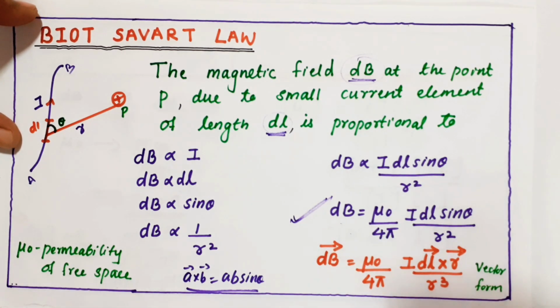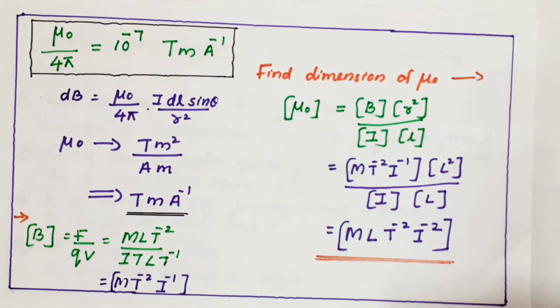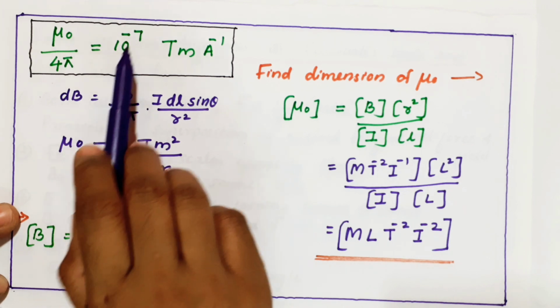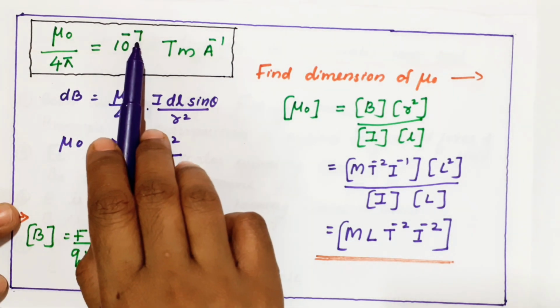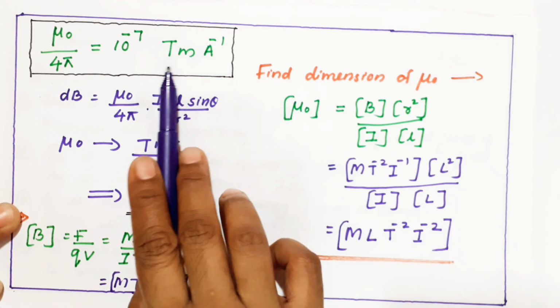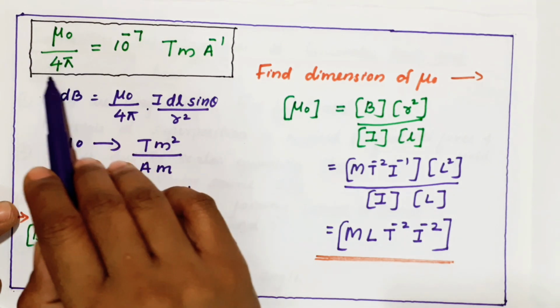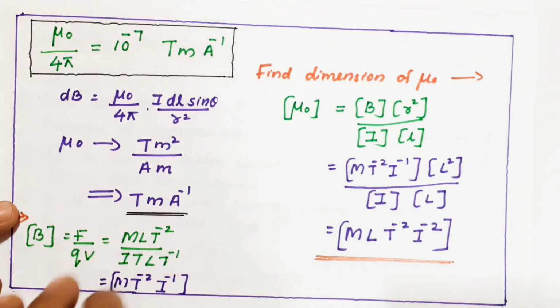Another one is how to write the vector form, multiplying r in both numerator and denominator. So the numerator you can write dl cross r, because a cross b is ab sin theta n cap. Okay, here also if you want, you can put a vector symbol. Now next thing, mu naught by 4 pi is a constant, and the value of the constant is 10 power minus 7, and the unit I have written here is Tesla meter ampere inverse. I'll show you how it is coming. Now remember the value of mu naught by 4 pi, that is 10 power minus 7.